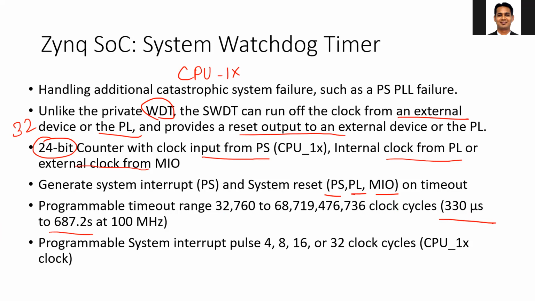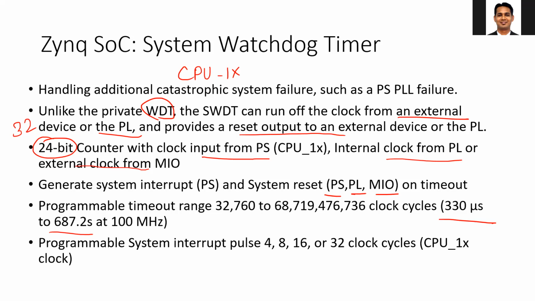Also, once you generate the interrupt or reset, you can configure the duration of that reset pulse or interrupt pulse. It can be 4, 8, 16 or 32 clock cycles. So you can also configure that in your design. Okay, so for watchdog timer configuration, again you will have the corresponding .h file. You need to look at the corresponding driver functions. You need to look at the corresponding registers: control register, status register and interrupt register,